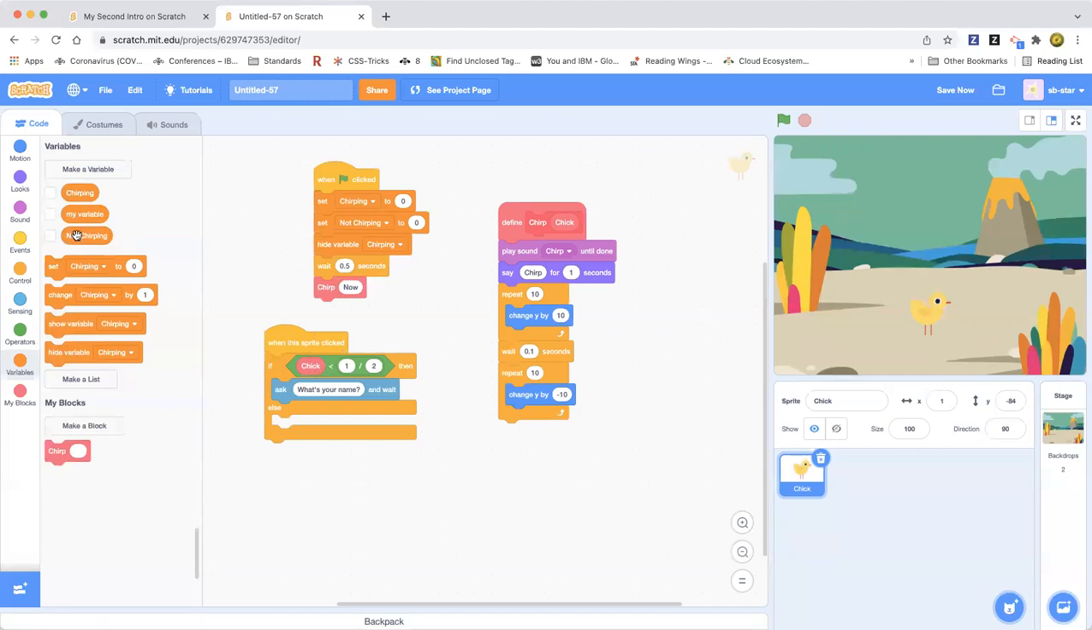Okay, now we are going to change chirping by 1 when it says, what's your name? Then change chirping by 1. And then change not chirping by 1 if it doesn't say. But now, if that, then we're going to say,